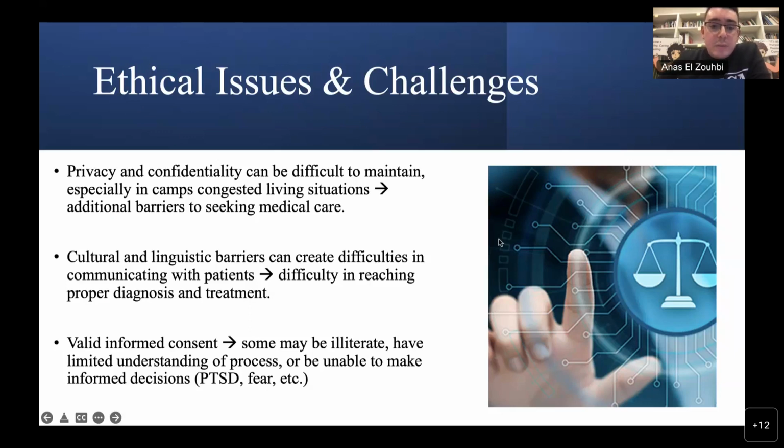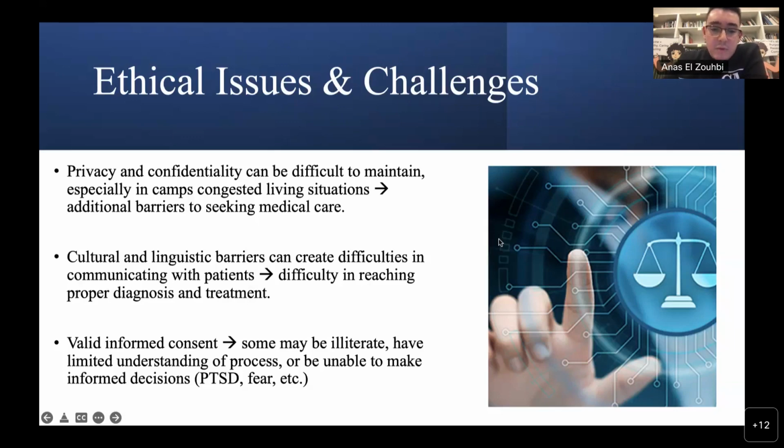Cultural and linguistic barriers, as we said, so it might be difficult for refugees to communicate with healthcare providers. It might also be difficult for them to ask around where they may potentially seek healthcare, or even something as simple as communicating certain symptoms or answering certain questions. So this may also add another barrier of difficulty with regards to reaching the proper diagnosis